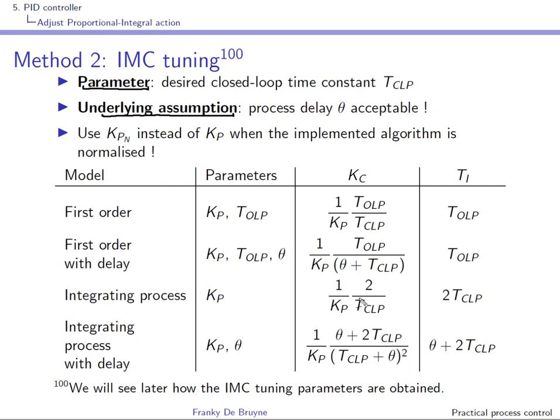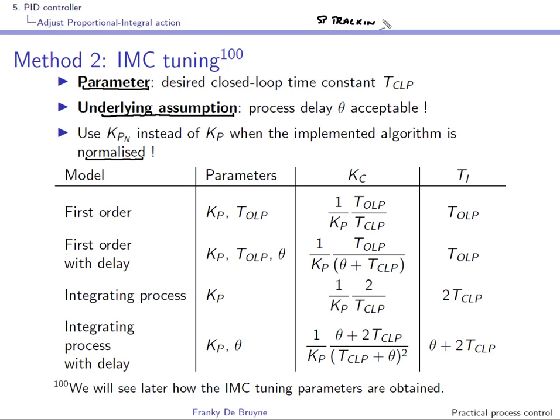In this table, you have to replace Kp, the standard gain, by the normalized gain if your implementation of the PI algorithm is normalized. There is another assumption here, which was mentioned in the slides before but I didn't say it: this table is for set point tracking